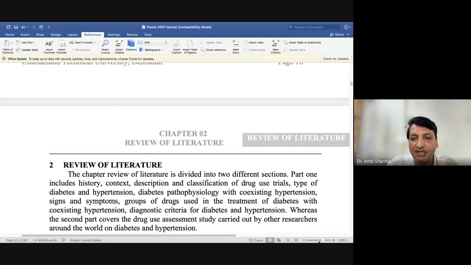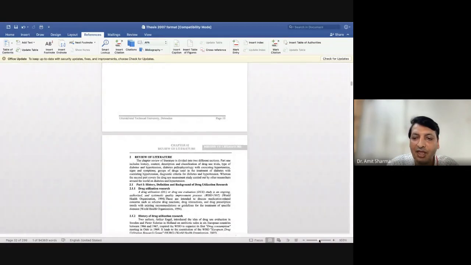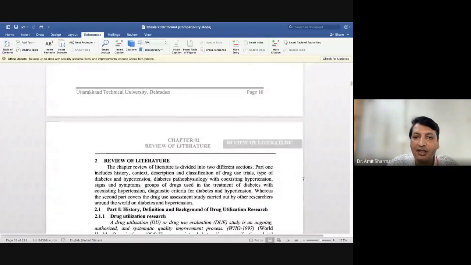And for the review of literature, I have chosen the MLA style. What I did was divide the whole review of literature into two sections.